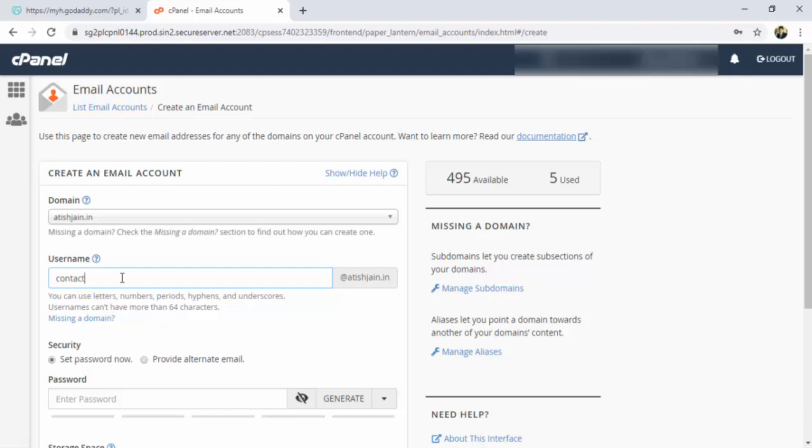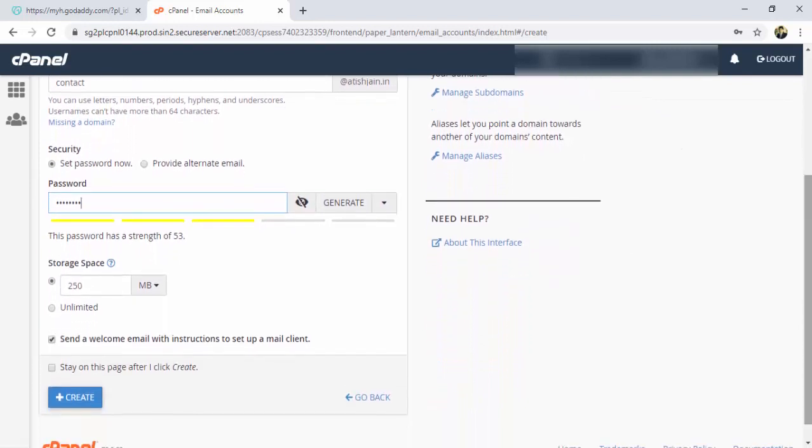So my email ID will be contact@atishjain.in, and after that you have to give your password. So I'm giving my password, and after giving the password you need not do any changes here. Simply click on create.